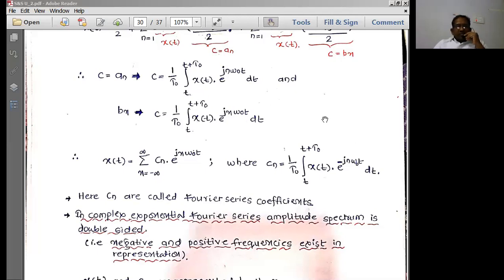In the previous class, we ended up with the expression of the exponential Fourier series. And we solved one problem when the problem is given with the double-sided spectrum. So when nothing is asked in the exam to find the Fourier series, you can as well represent the Fourier series in terms of the exponential Fourier series for a double-sided spectrum. It is going to solve the problem in a quicker time period. So therefore, one more variety of the Fourier series representation is going to be the exponential Fourier series.